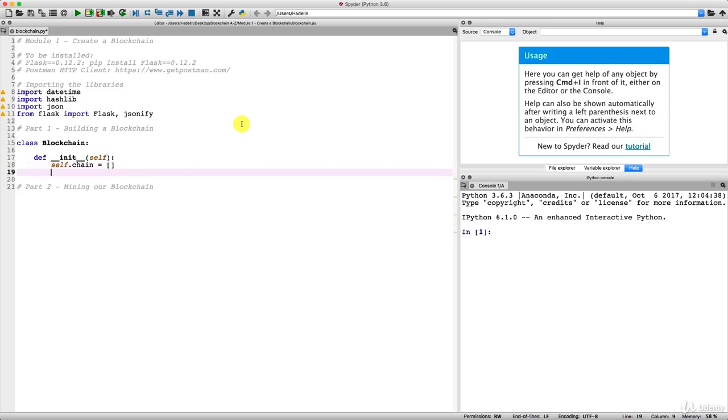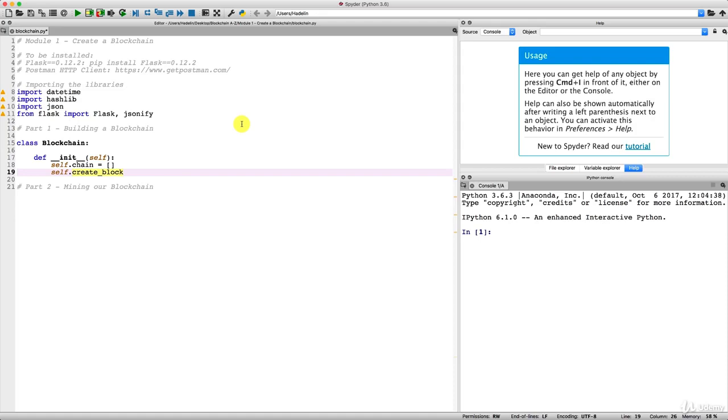And then the other compulsory thing that we have to do to initialize our blockchain is to create the Genesis block. The Genesis block is the first block of the blockchain. And to create it, we're going to use a function that we will make in the next tutorial, and that we'll call the createBlock method. So to create this Genesis block, the first block of the blockchain, I'm going to call this future function that we'll make, which is createBlock.